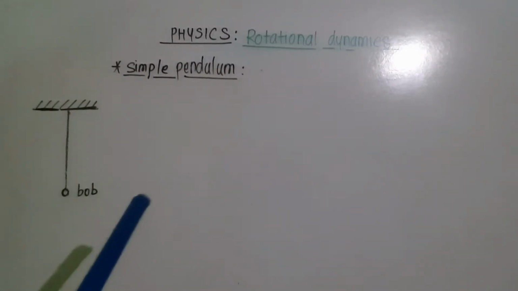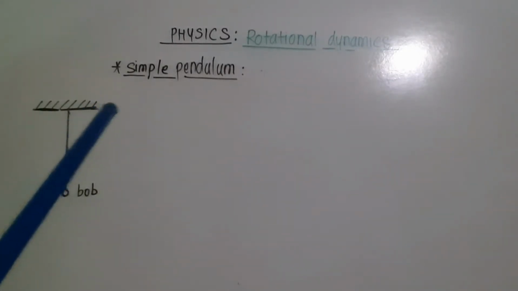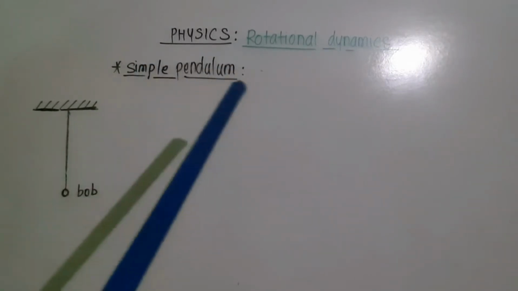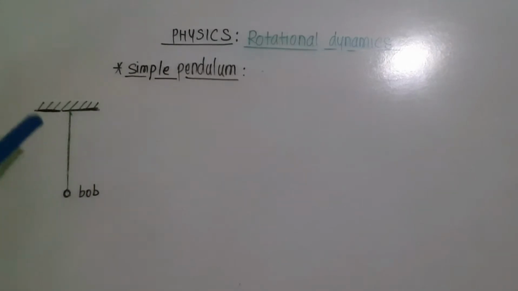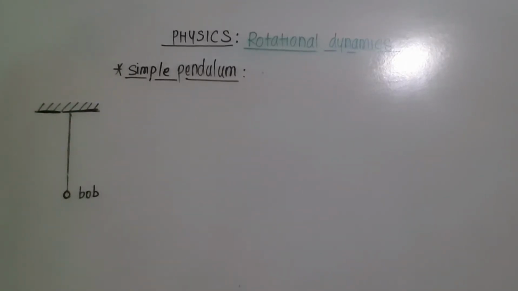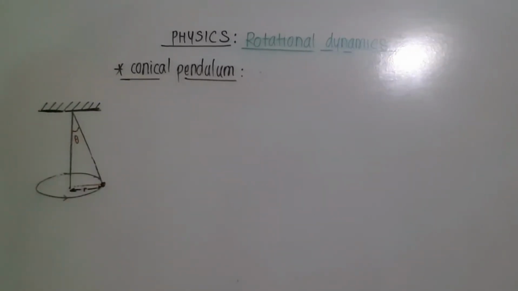In the oscillation chapter, we have seen the meaning of a simple pendulum. A simple pendulum is nothing but a heavy metal sphere suspended by means of a weightless, inextensible string, and it is suspended from a rigid support. Then, what is a conical pendulum? A conical pendulum is a simple pendulum which is given such a motion that the bob describes a horizontal circle and the